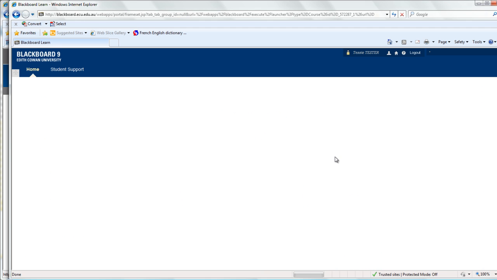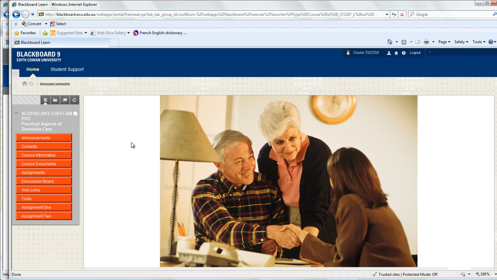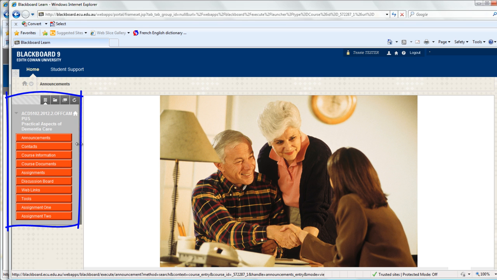Clicking on the link will take you through to the unit page. Each unit page will look slightly different, depending on how the lecturer has set it up. Generally, there will be a menu on the left-hand side of the screen. This usually includes announcements, which is where your lecturer can announce updates and changes, contacts, which is where you can find your lecturers' and tutors' contact details,